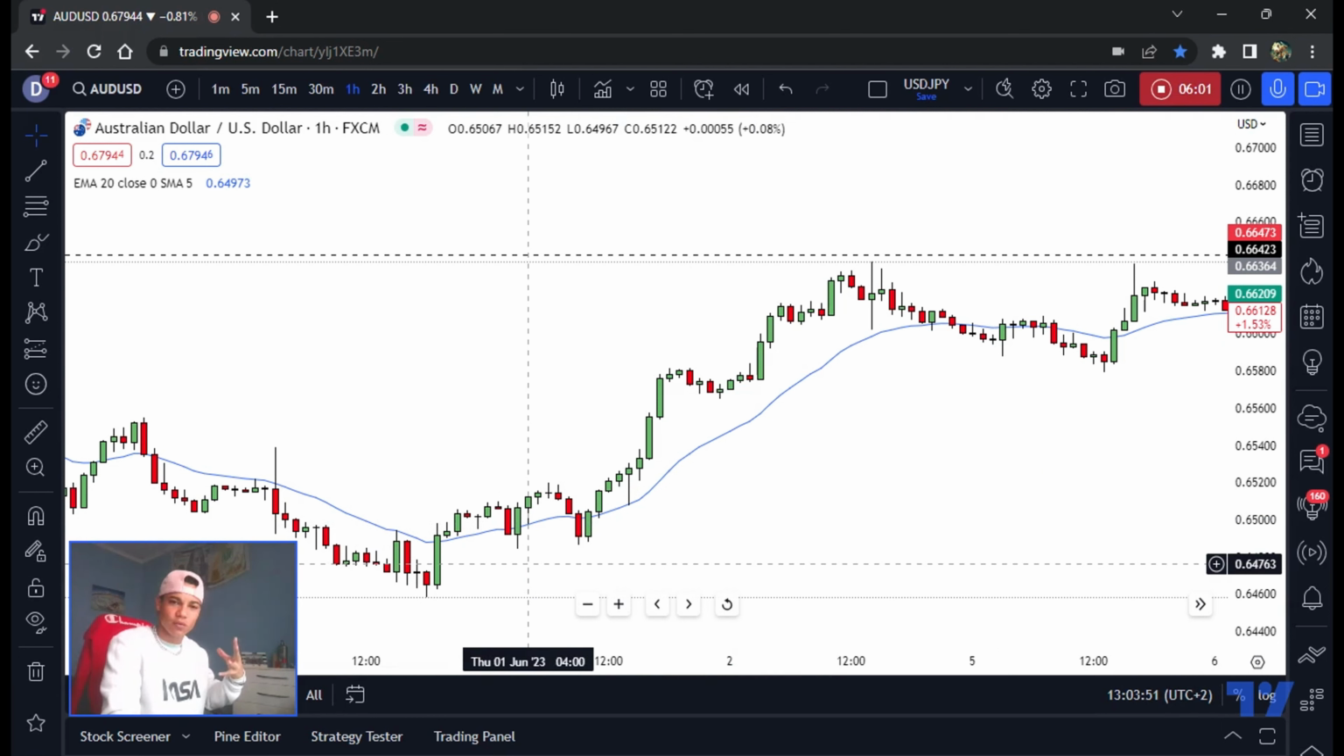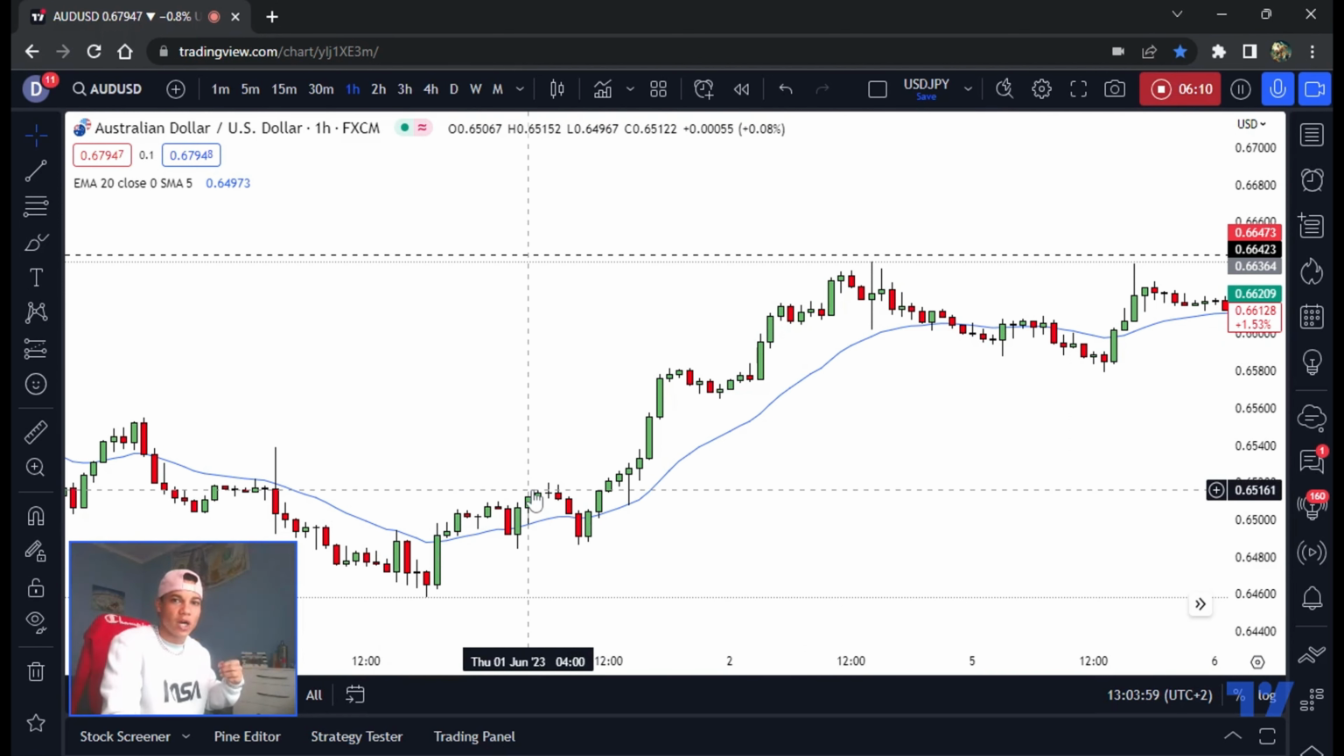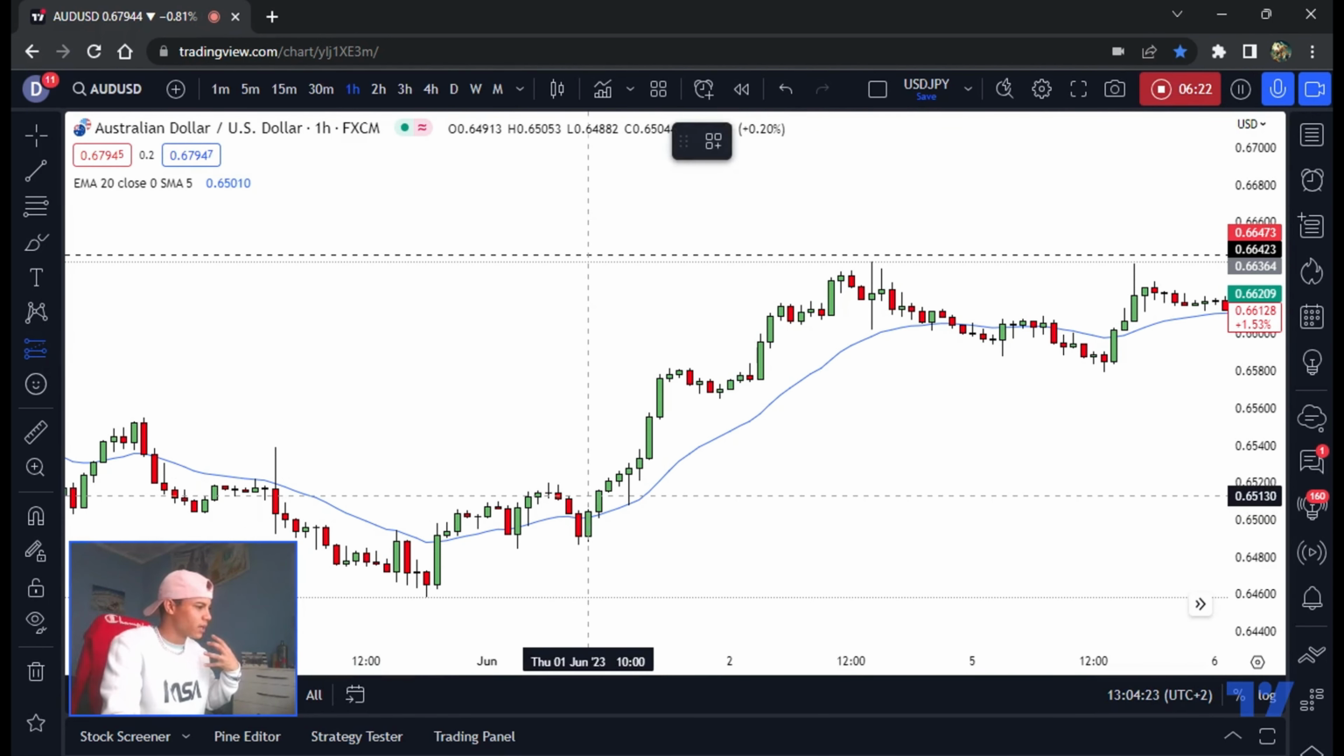What we are looking for is price to cross the EMA and close above the EMA. We want the next candle to be a green candle, or we want that candle to be closing above the high of the previous candle. So let's get into the trade. Your entry would have been either here, or if you missed this entry on the left here,